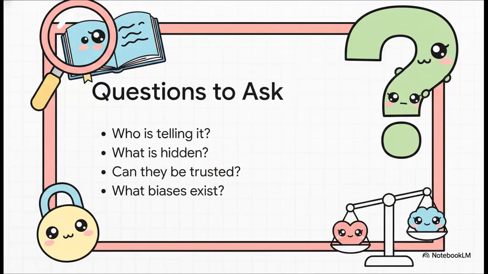So I want to leave you with a really fun, practical toolkit for your own reading life. Next time you open up a story, don't just passively read the words. Be a detective. Ask yourself, who is really telling the story? What do they actually know, and more importantly, what are they hiding from me? Can I actually trust this person? What personal biases are shaping the way they describe the world? And finally, does this narrator even understand the full meaning of the events they're participating in? If you use these questions, you'll start revealing the underlying psychology and exposing the real truth of the text.